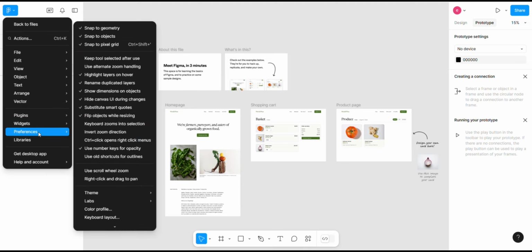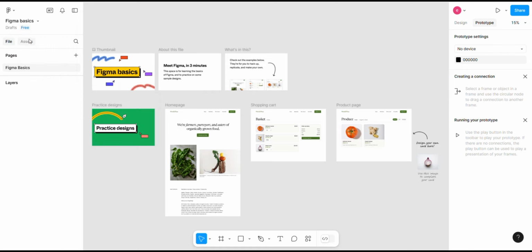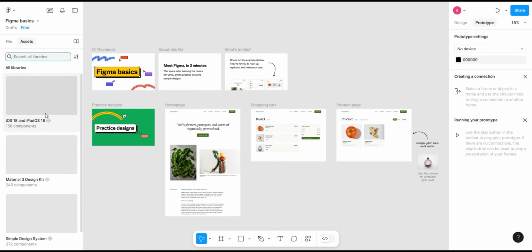If you are a part of a team, you will see options to manage team settings and collaborate with others. Use the search bar at the top to quickly find files, components, or plugins.